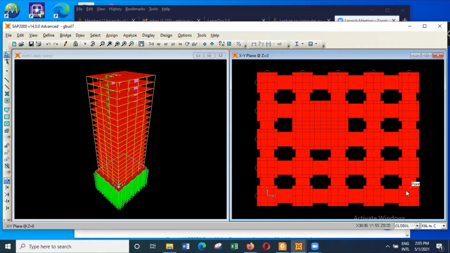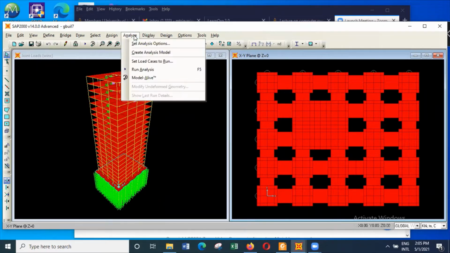Last time we did some modeling, and we also looked at how to assign the springs in detail. And so once you look at,